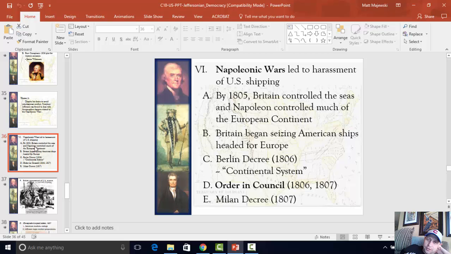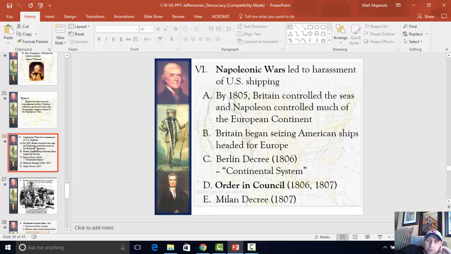So now the Americans are stuck. They're like little rubber duckies caught in the waves here, right? Because all they want to do is trade with England and France, who are fighting against each other. But Britain's seizing their ships. France says, hey, if you go and trade with England first, because that's what Americans were being forced to do, we'll close all of Europe off to trade with you as well. Eventually what happens is the British respond in 1806 and 1807 with orders in council, which say, hey, we're going to raid neutral ships, including American ships, on the open seas if we believe you're headed for France.